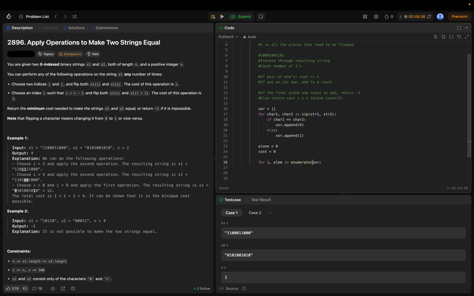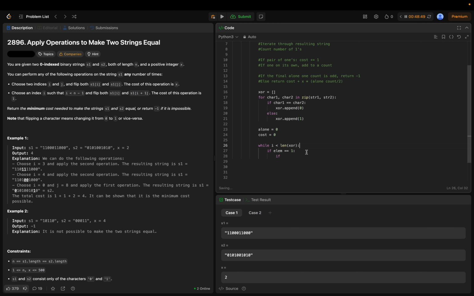Enumerate. There we go. If lm equal to 1, then I should do for I, because I'm going to be moving I more in irregular intervals, so instead of doing a for, I'll just do a while loop where I say while I is less than when XOR. Yeah. So if lm is now XOR I,